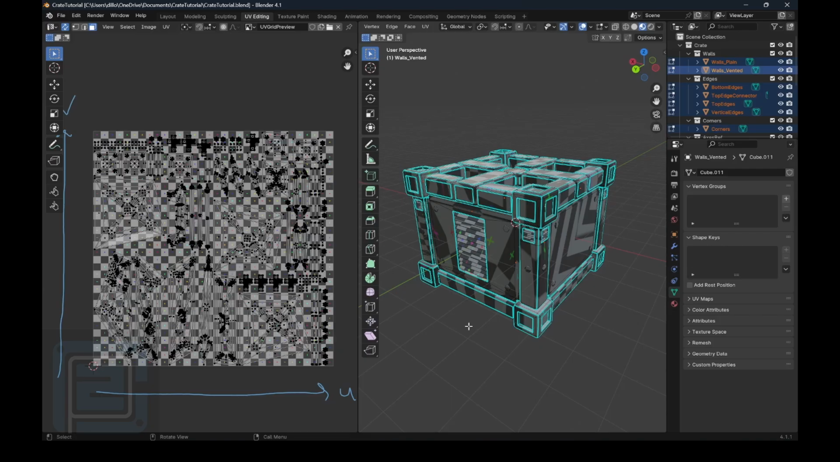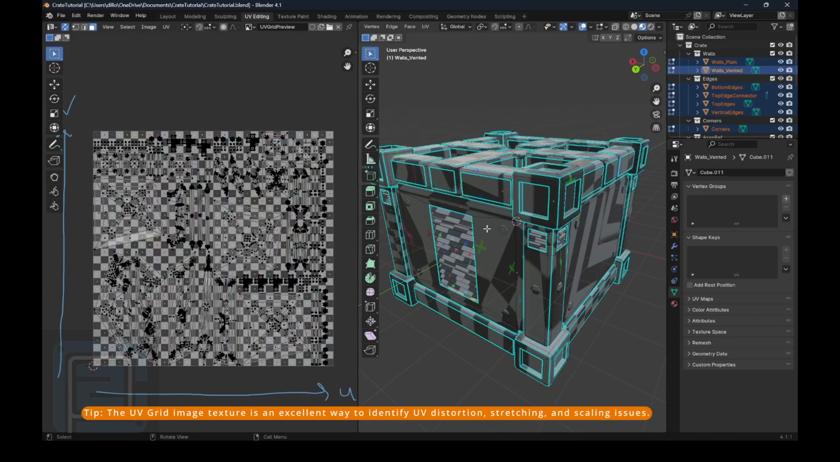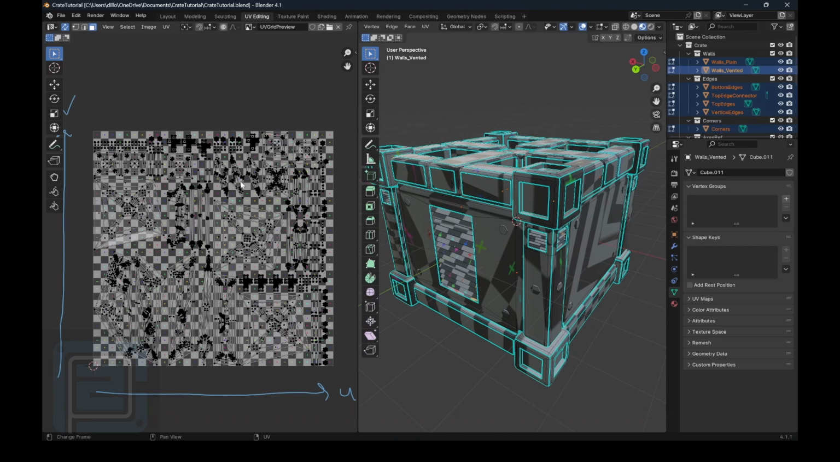So what exactly does this tell us? We have this lovely checkered image texture that we want to apply to our crate. But our crate does not translate this lovely checkered image texture. Specifically, this is the result of UV distortion. And we're using this checkered image over here to help us diagnose any distortion that we